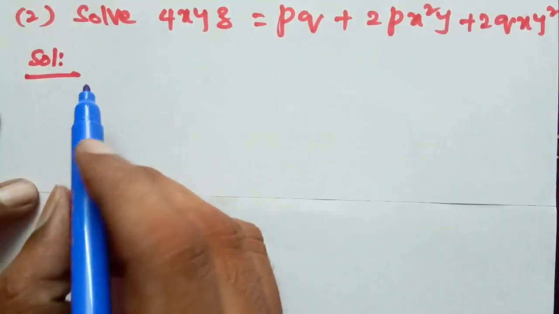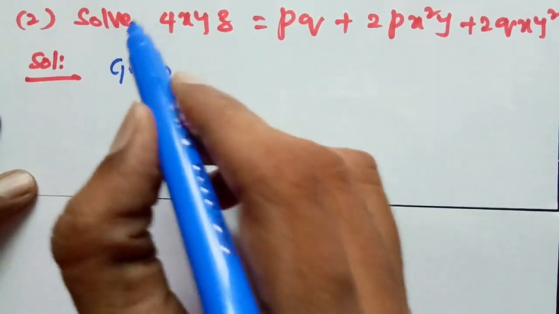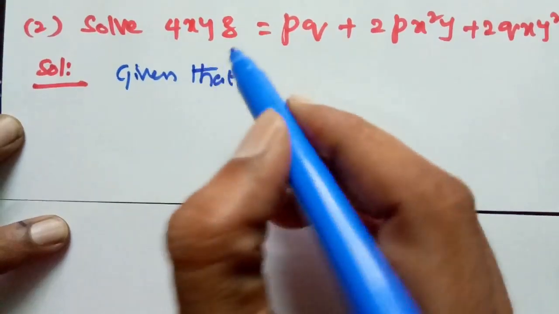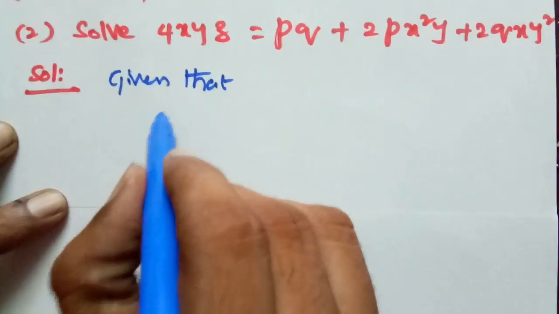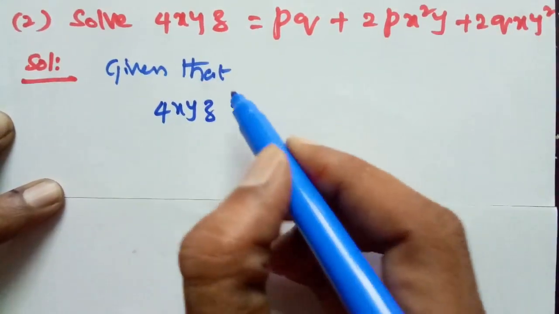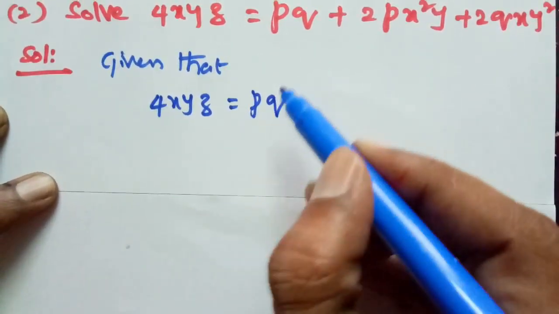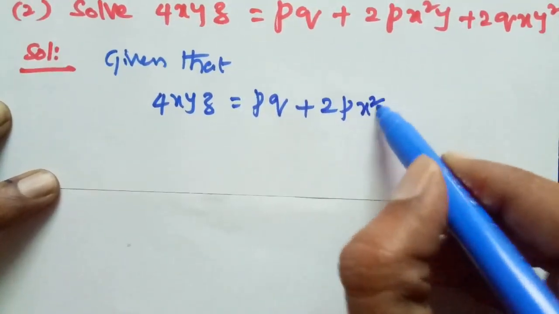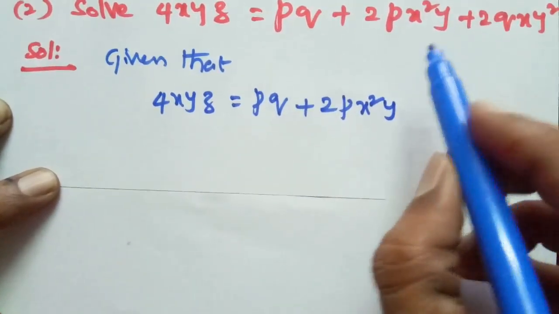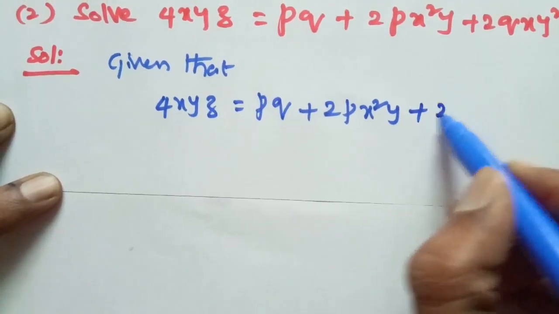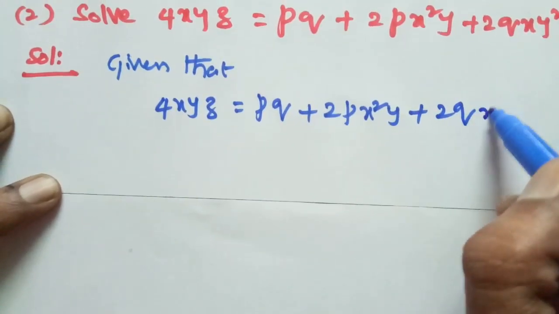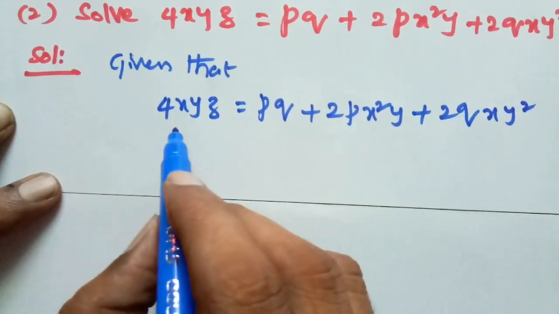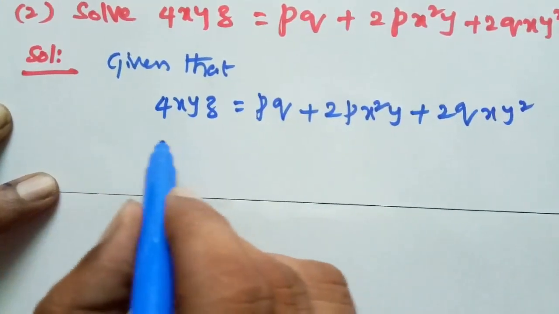Given that 4xyz is equal to pq plus 2p x square y plus 2q x y square. Now dividing through by xy, this can be written as